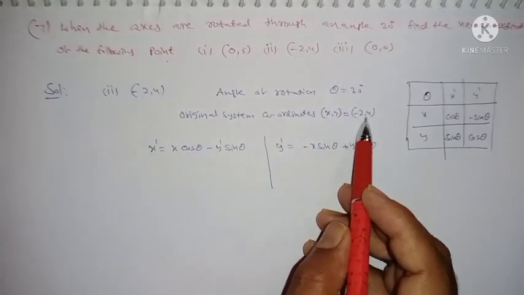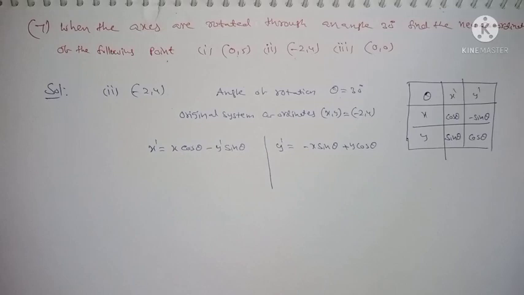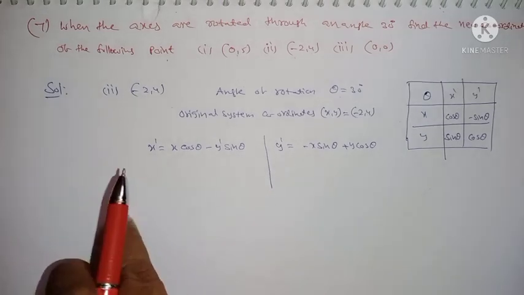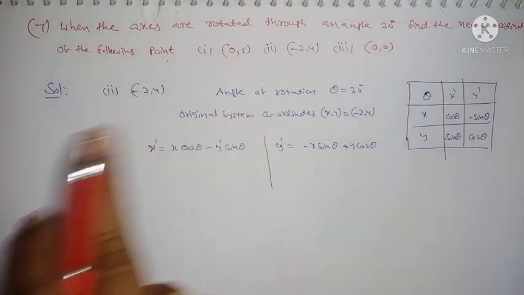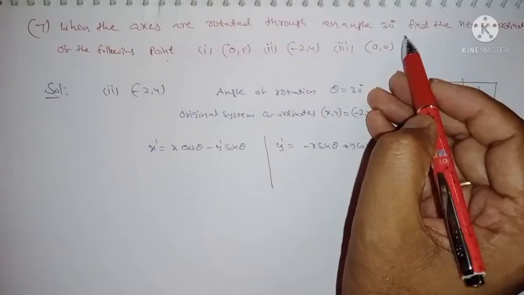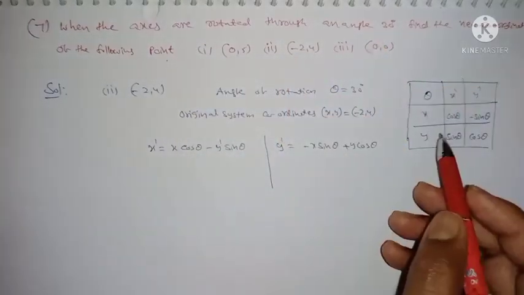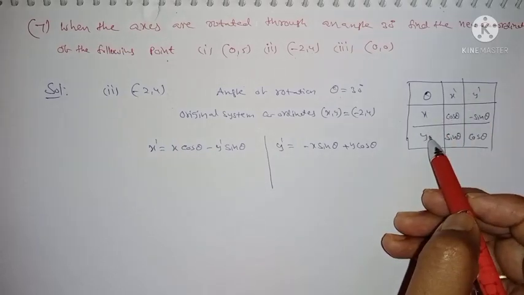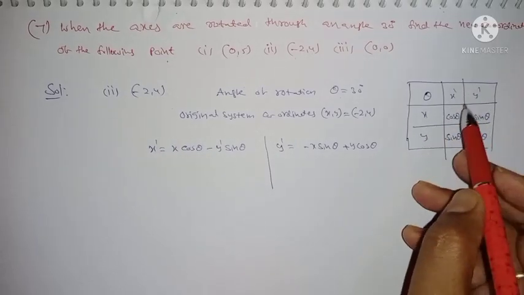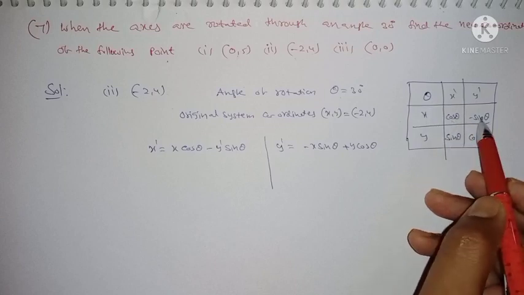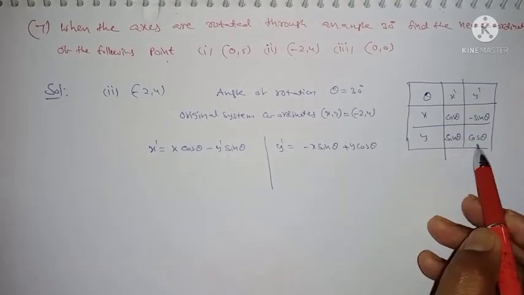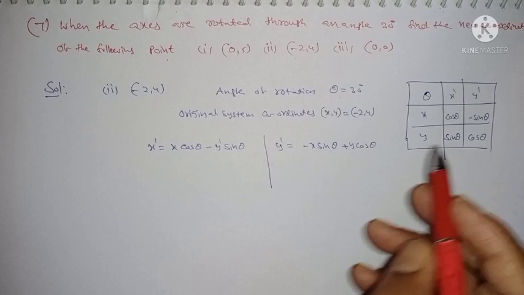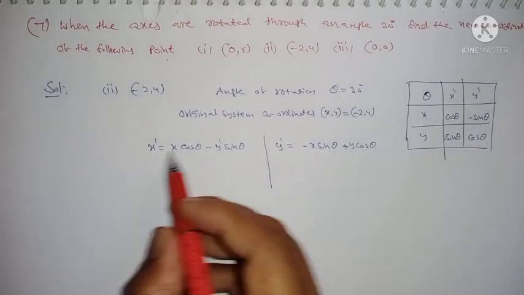Second problem is minus 2, 4. In the previous problem we discussed only the change of points. Here you change the angle only, theta. Angle and points, what are the formulas we have here? Theta and x dash and y dash. You have one table. How can you remember that? It is cos theta minus sin theta, and this is sin theta and cos theta. Therefore, we want your x dash and y dash values.